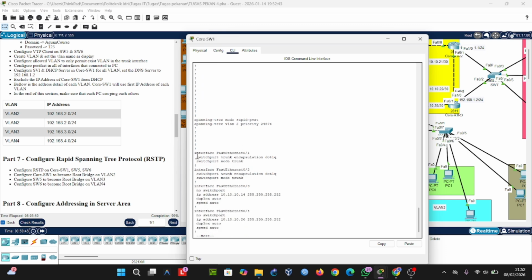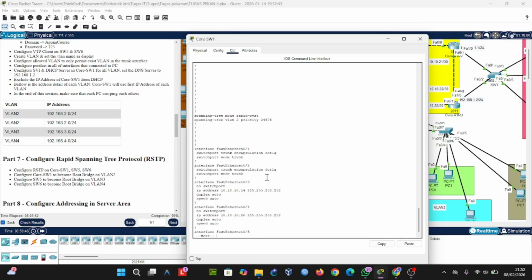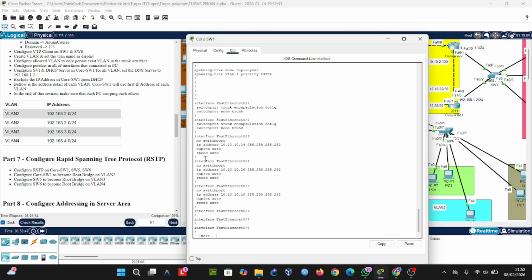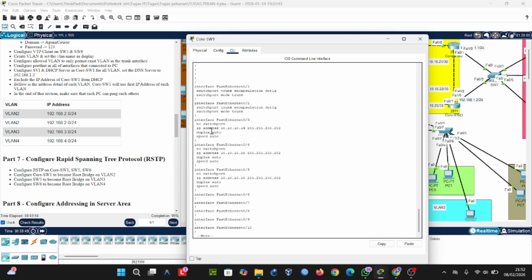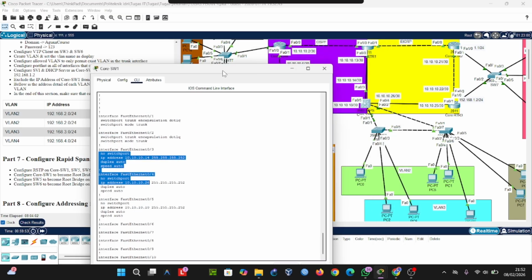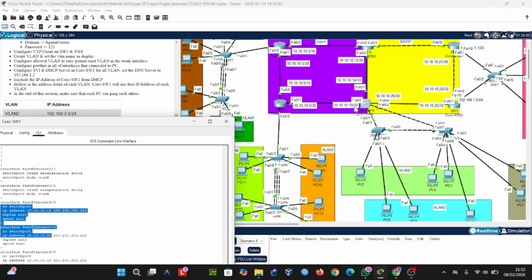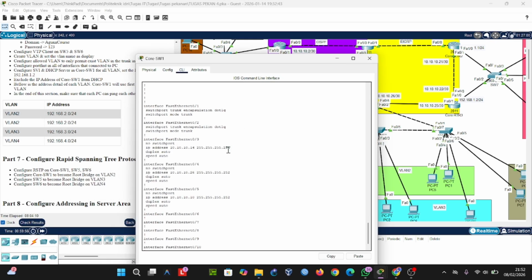Okay, this is the inter-VLAN configuration, in FastEthernet 0.